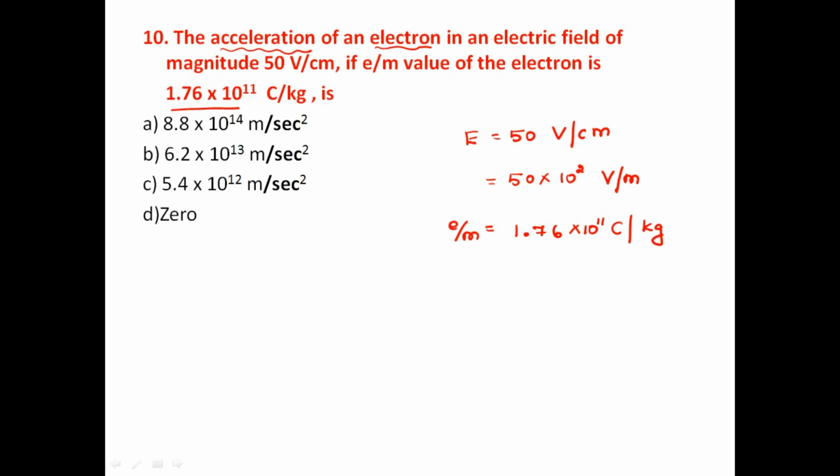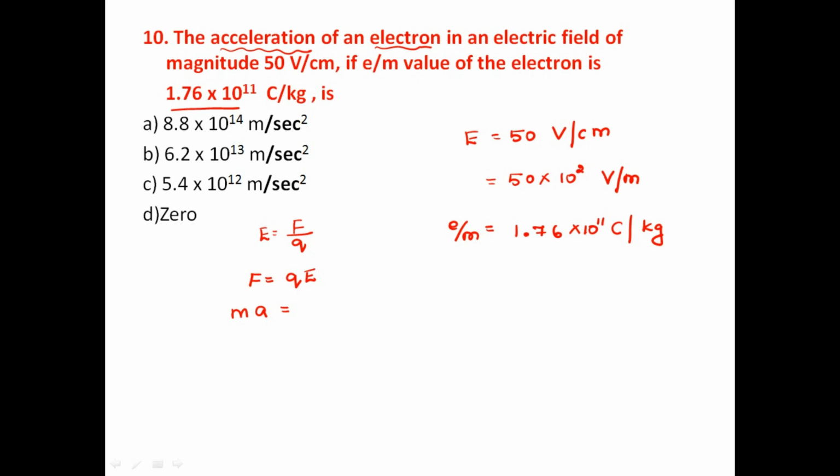Now we have the formula, that is the force exerted on the charge q is q into E, or we know that E is equal to F by q, right? Or F is equal to q into E. What we have to determine here is the value of acceleration. If force experienced by the charge is F, m is mass and a is acceleration, then we have